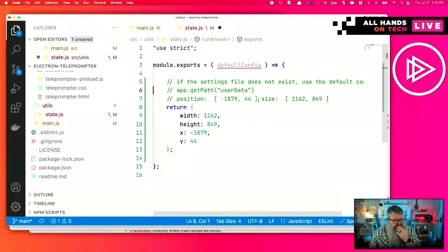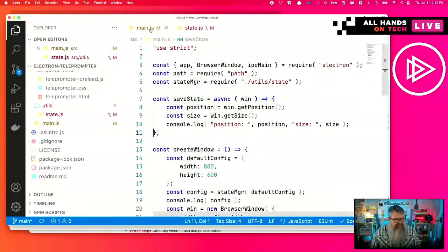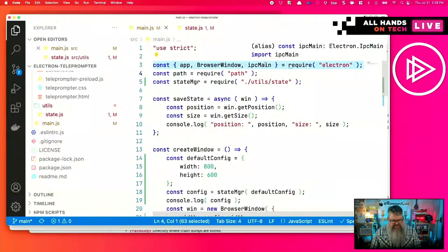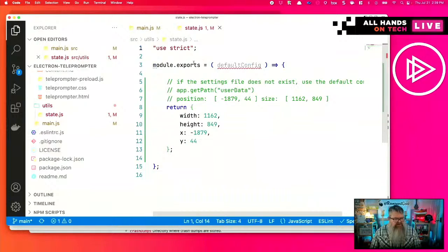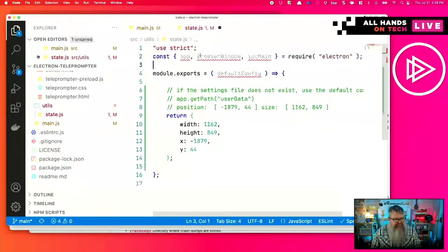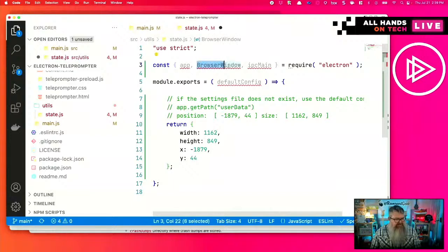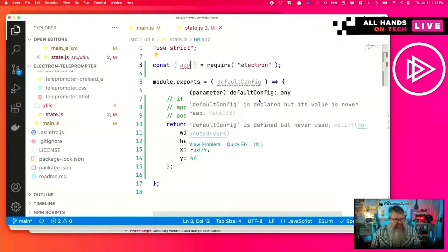Let's first, all right, in order to get the path, we need the Electron app. And we can do that by requiring it in. We got that here at the top of main.js. We can require in the same module at the top of our state file. We don't need the browser window or IPC main, so we're just going to get the app from Electron,